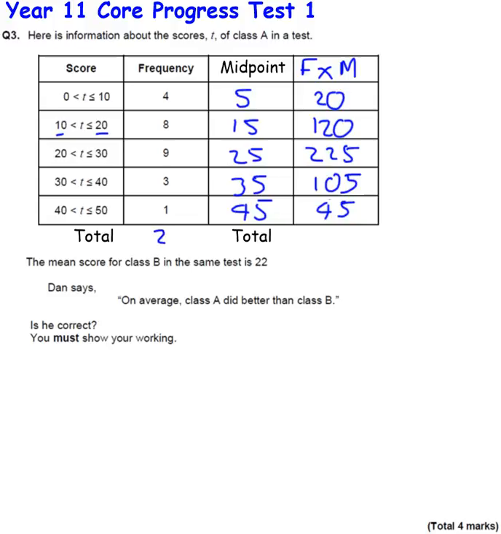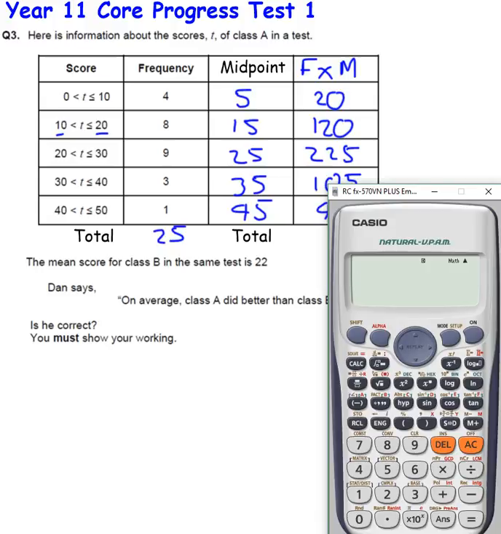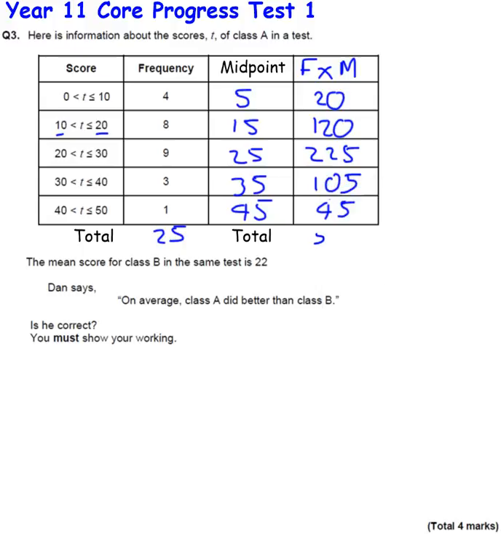We need to find the total amount of marks for Class A. So that's 20 plus 120 plus 225 plus 105 plus 45. So the total amount of marks was 515. Now, the average, the mean, is the total amount of marks divided by the total amount of people who have taken the test. So the mean for Class A is 515